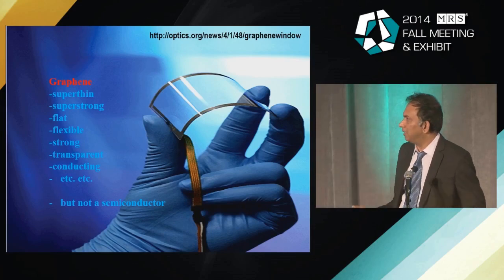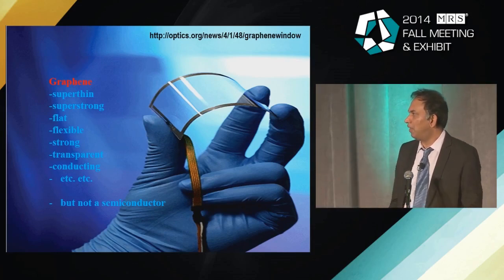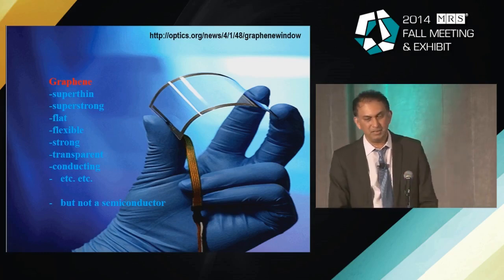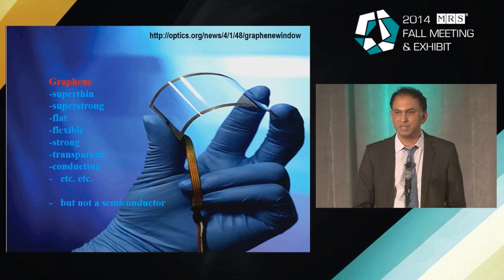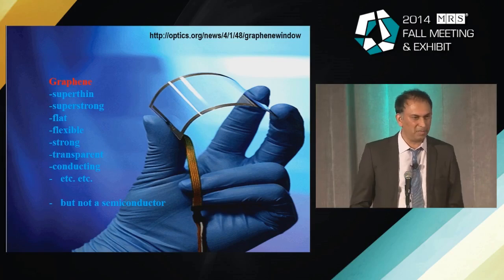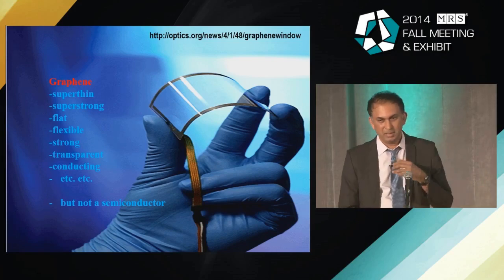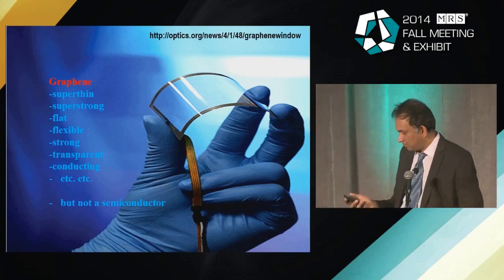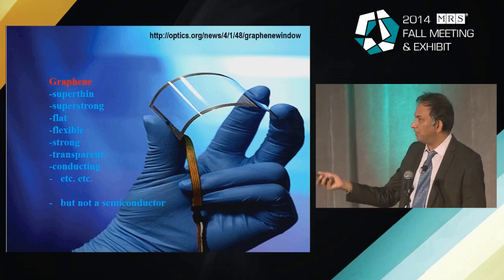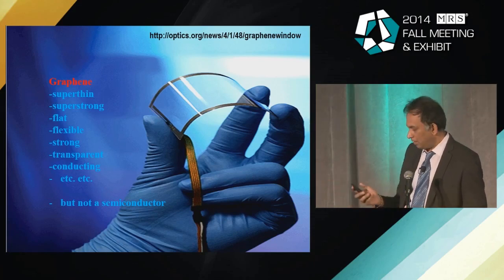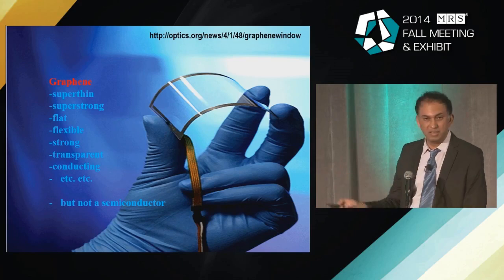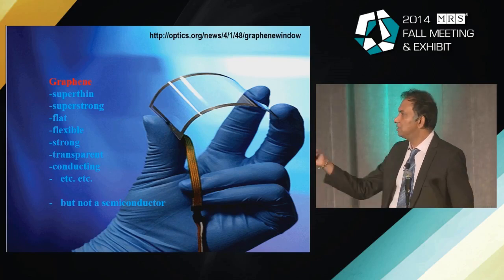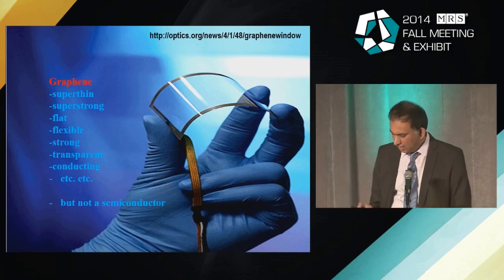People promise all kinds of things, super thin, super strong. If you have recently looked at the news release coming from RISE, some of these graphene materials were stopping bullets. If you look at another recent work, the amazing proton transport on these membranes. So there are beautiful things that have happened with this material. And in addition to being very strong, at least from the in-plane strong bonds, you also have flexibility because it's so thin, optically transparent, conducting, all these amazing properties for graphene.